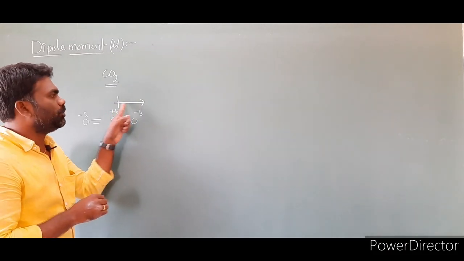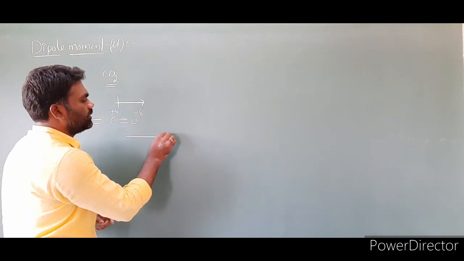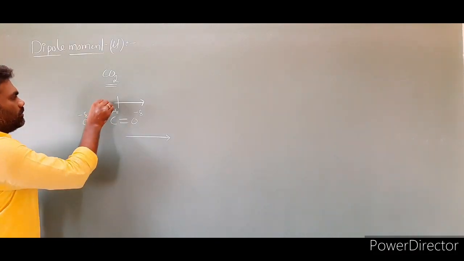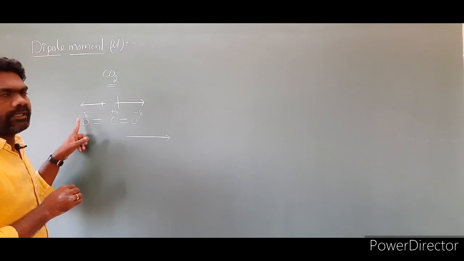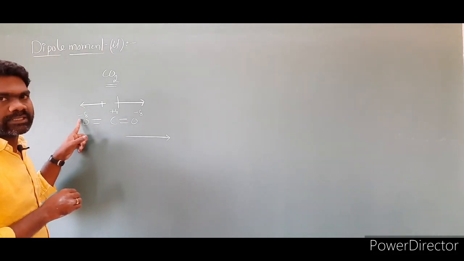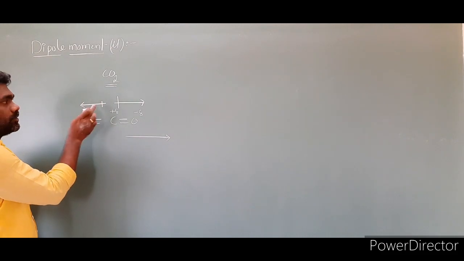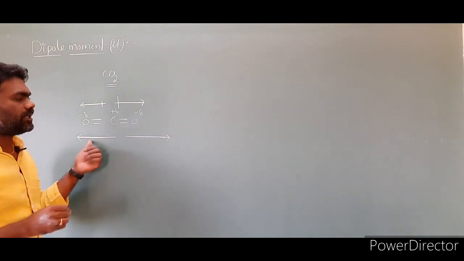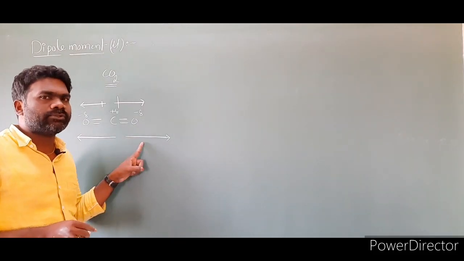Then what is the movement of this bond? Which direction is the bond moving? This direction. So the bond is moving in this direction. Clear? Coming to here, like this, the arrowhead is towards the partial negative charge. Then the bond movement is towards which direction? This direction. The arrow is moving towards this direction. Now if you look at the bond moments in this molecule, both are opposite to each other.